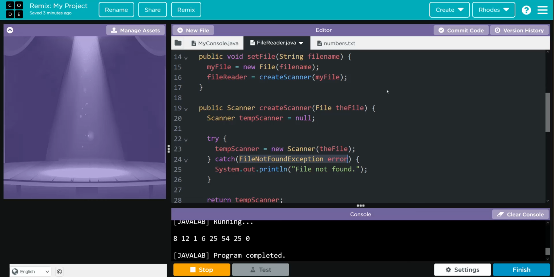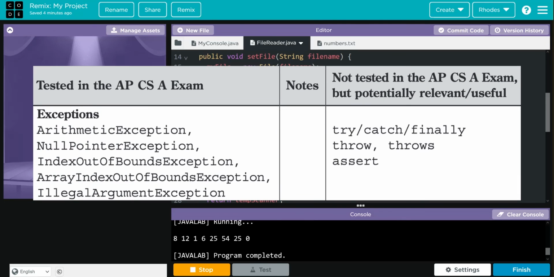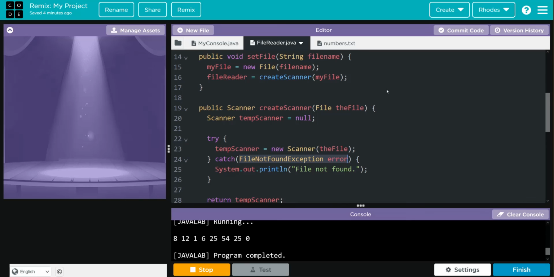We briefly touched on this before. Essentially, if our program isn't pointed towards the right file, we're going to get an error. How are we going to know that? And that's what this file not found exception error is. And we're not going to dive into this too much. You'll notice there are these keywords try and catch. Those actually are not part of the AP CSA exam, so we're not going to take a lot of time to delve into them. What we are going to do is talk about what we need to understand for the